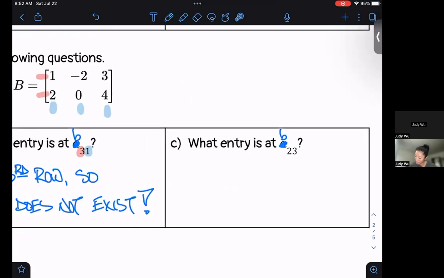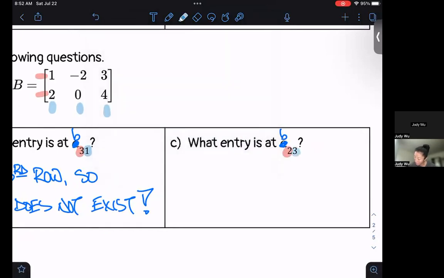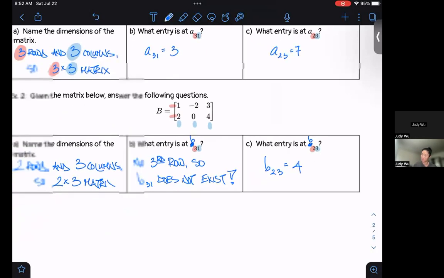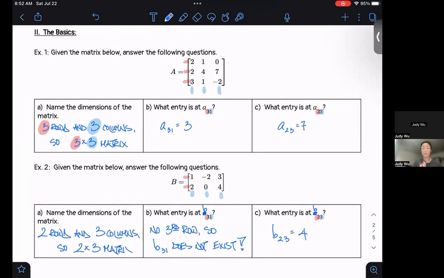All right, let's take a look at C. What entry is at row 2 and column 3? All right, row 1, row 2. Okay, so I'm looking, it's going to be either 2, 0, or 4. And which entry is in the 3rd column? Well, 2nd row, 3rd column is going to be 4. So B23 is 4. Okay, so most important things about this, making sure you know the first number is the row,